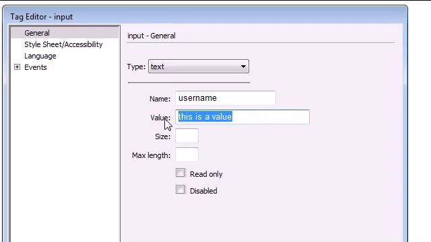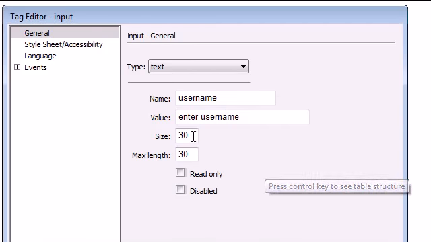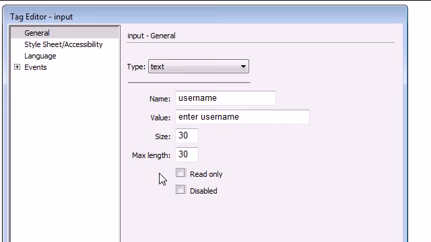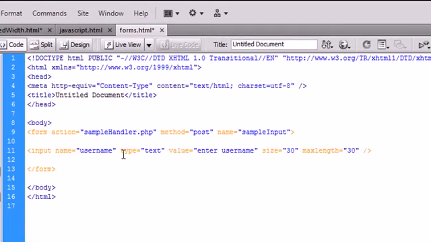You could say, actually, let's say enter username. That way it'll tell the user what they need to do. We're going to give it a size of 30, and a max length of 30. The max length is used to set a max amount of characters that are able to be input into this specific text field. So we're going to say OK, and we can see that it has inserted this inside of our form